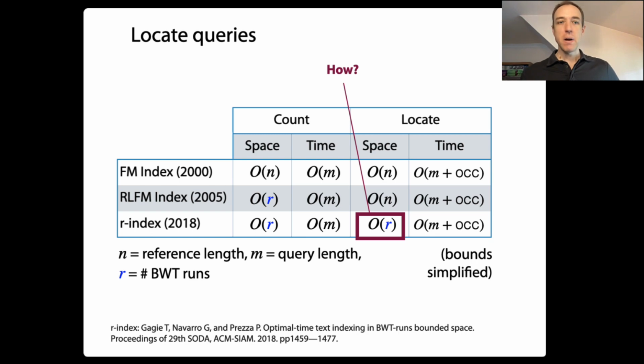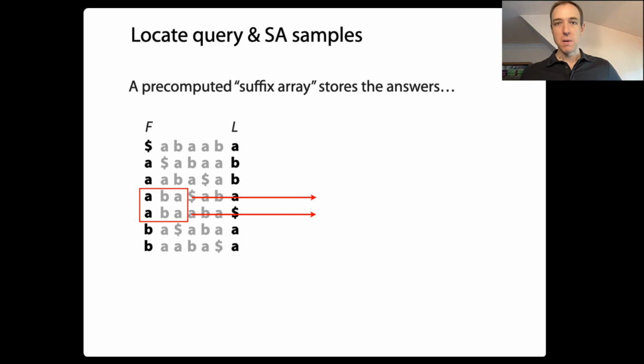So let's get started by reminding ourselves about how we have been doing locate queries even in the non-run length compressed setting. Back when we talked about the standard FM index without run length compression, we had a little bit of a trick for how we answered locate queries. First of all, answers to locate queries can be pre-computed, right? So if I do my iterated backward search procedure and my pattern is, say, the string ABA,